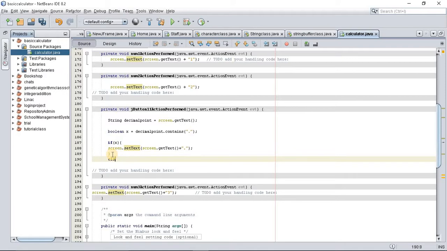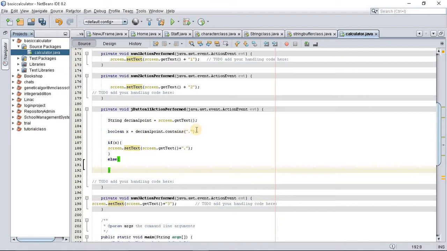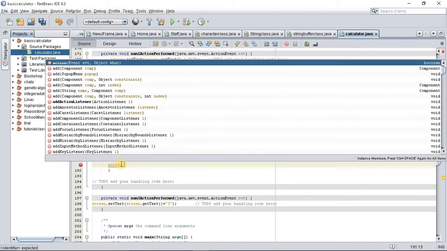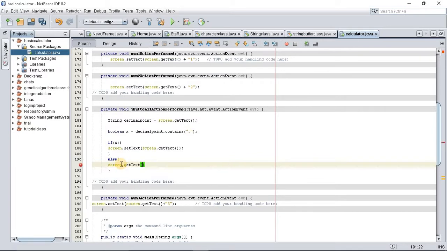Then we say else, if it is true that it contains, we'll just leave this as this, so we don't get to mess with our code. Or you can just erase it to do nothing. But anyways, let's just leave it empty like this. So else, that is if it doesn't contain it yet, you say screen dot set text, screen dot get text,